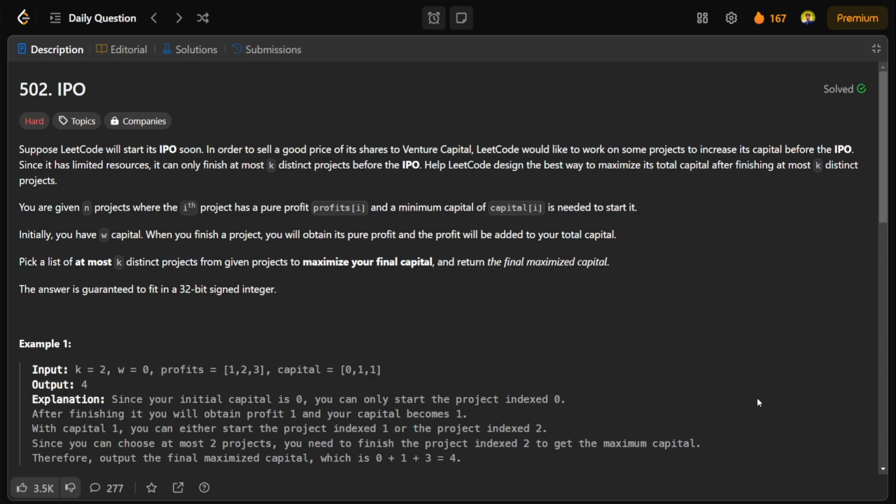Hey everyone, today we're gonna be doing a Leetcode question which is IPO. So they are saying, suppose Leetcode is starting to launch their IPO soon, and in order to sell its share at a very good price, Leetcode decided to work on some projects as quickly as possible and with the minimum capital they have. They are saying Leetcode would like to work on some projects to increase its capital before